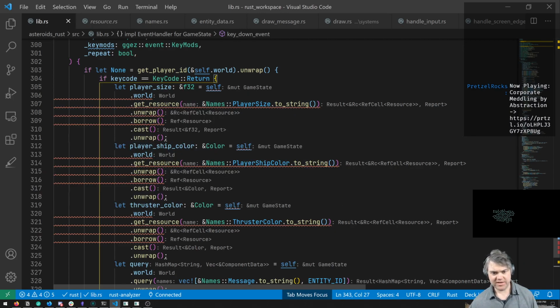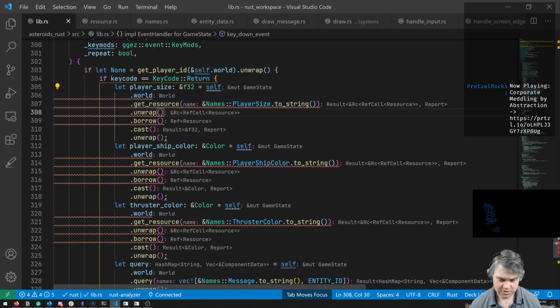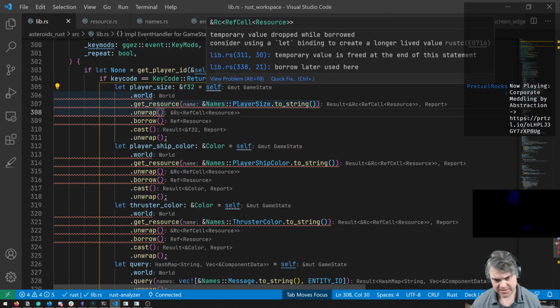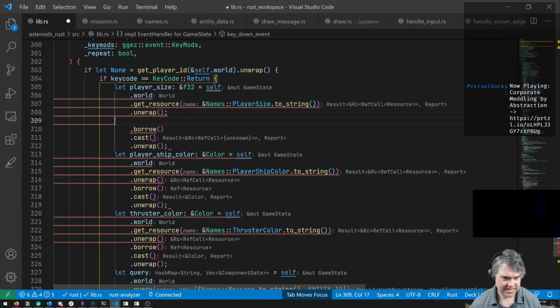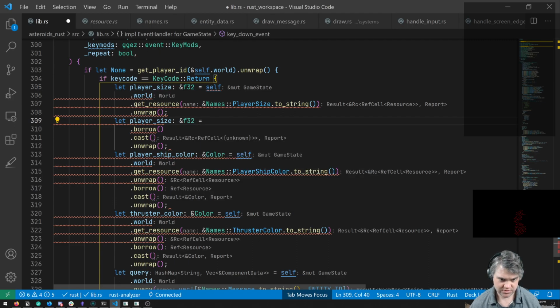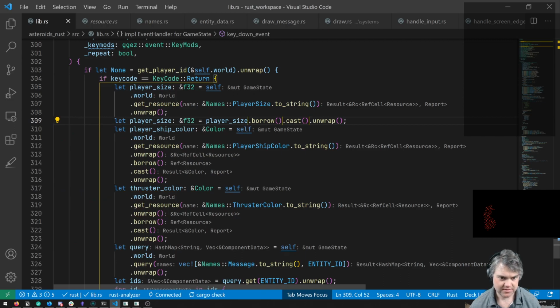Oh man, I thought you were working and now you're suddenly not working anymore. Oh, thank you so much. Okay, so I have to do them in like two goes. Okay, so world, get resource. We unwrap. I don't think I can borrow yet, so we have to do that, and then we can do that. Player size of F32 is equal to player size dot that.